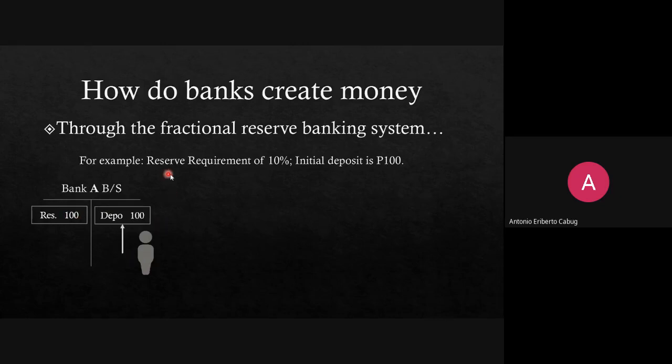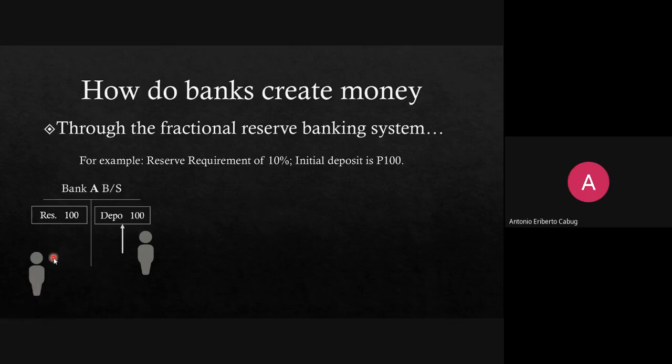This is where the reserve requirement ratio comes in. In this example, the reserve requirement is 10%. What the bank can do, if there is a new borrower, this is Miss Bautista,